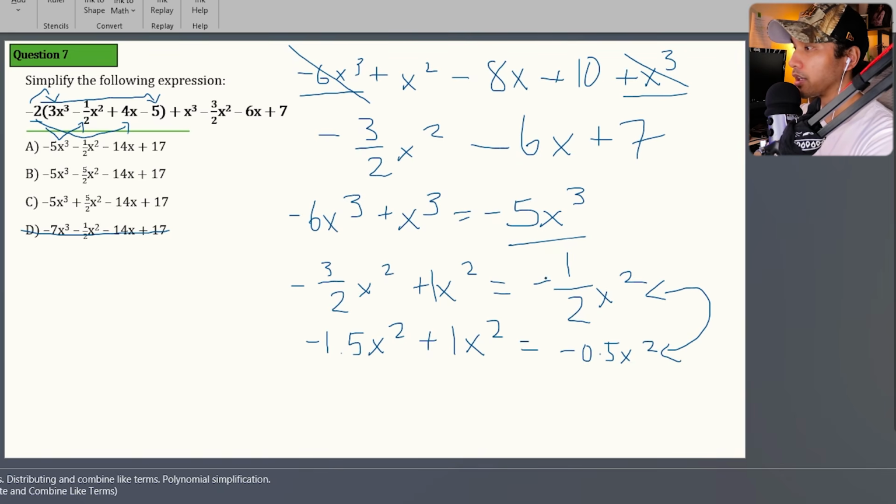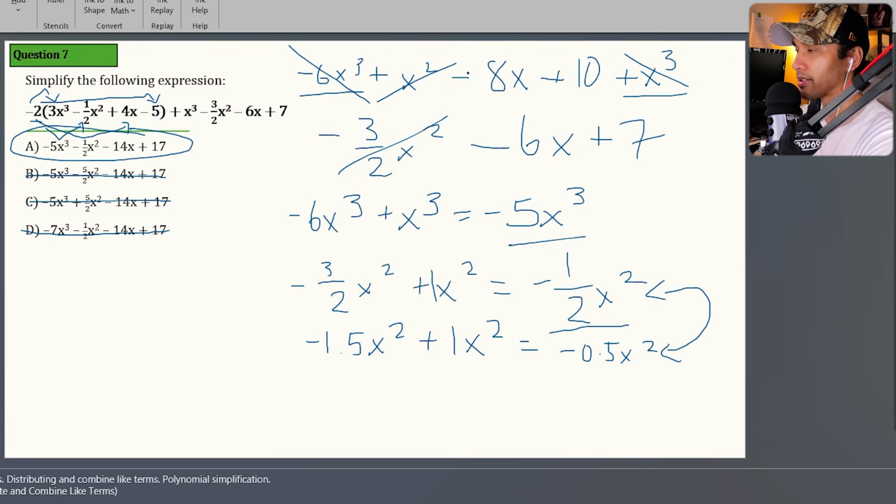So again, if we look at our answer choices here, I'm going to just underline this because this is going to be part of our simplified expression. We look at our answer choices here. We have negative 5 halves x squared and plus 5 halves x squared. And that's not negative 1/2 x squared. A is negative 1/2 x squared. So when you're taking the test, you could just rule these out and then circle A and move on to the next question. But for the sake of this video, let's just go ahead and